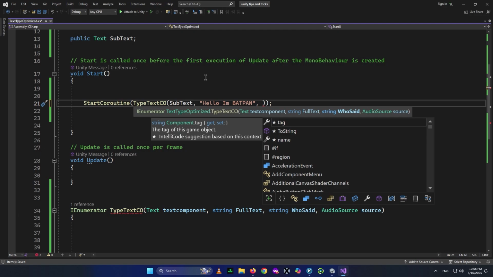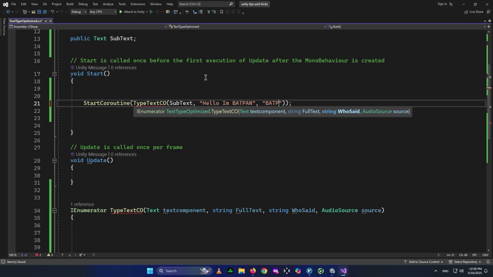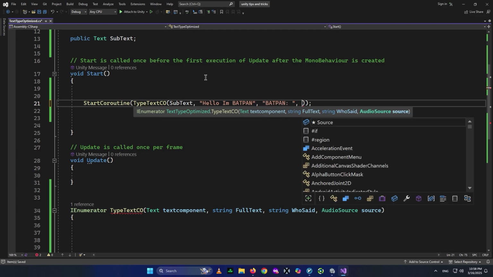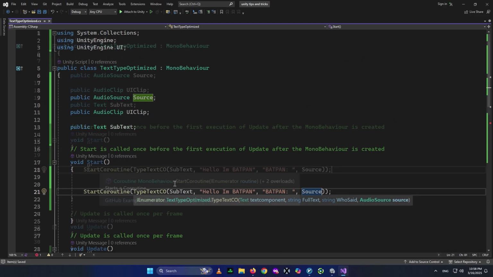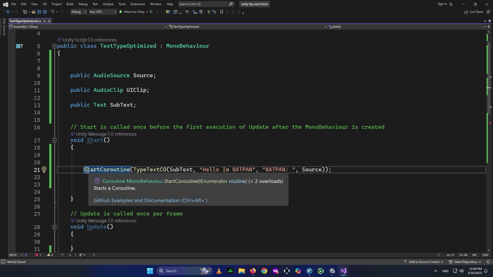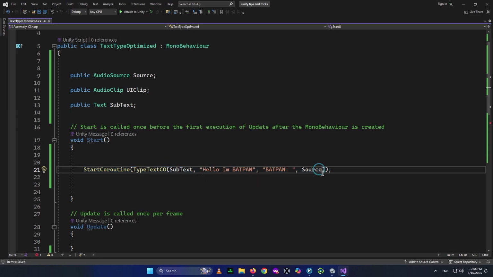We need a reference to who said it. In this case, Batpan said it. Then we need a reference to the audio source, and the audio source is actually the source we created up here. Whenever you want to start typing, you just add this code and give these values, and it's gonna automatically write for you. If you don't have enough space to write it here, you can actually create a string up